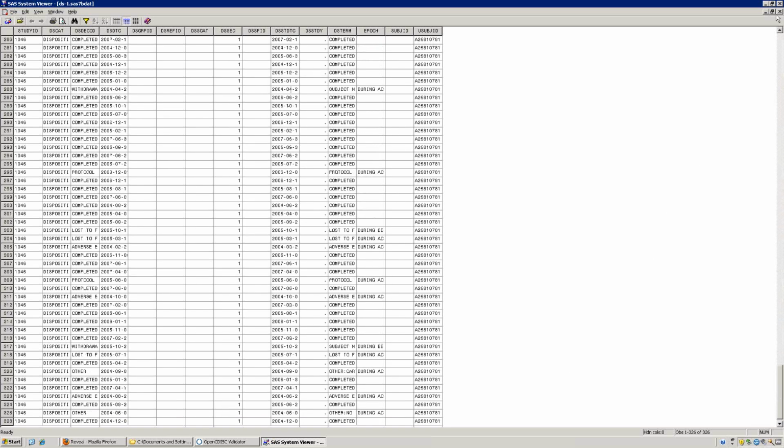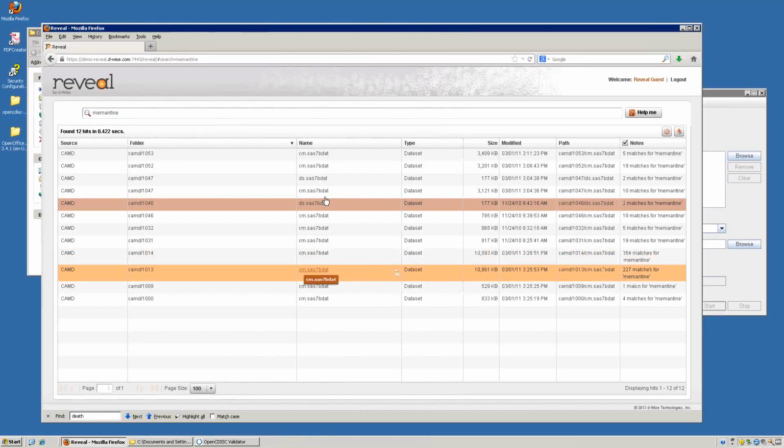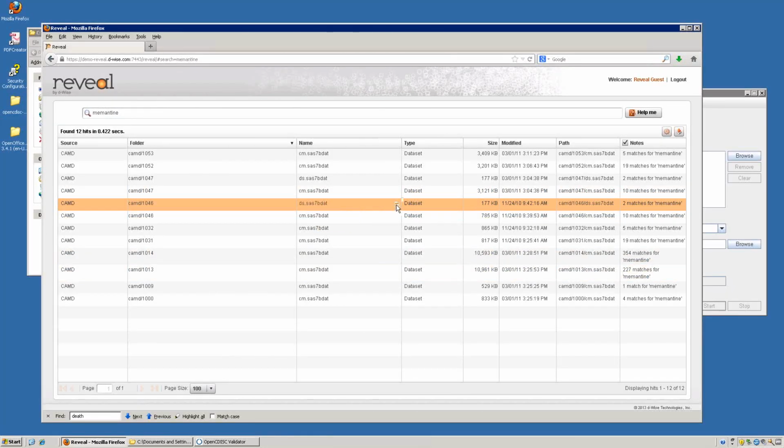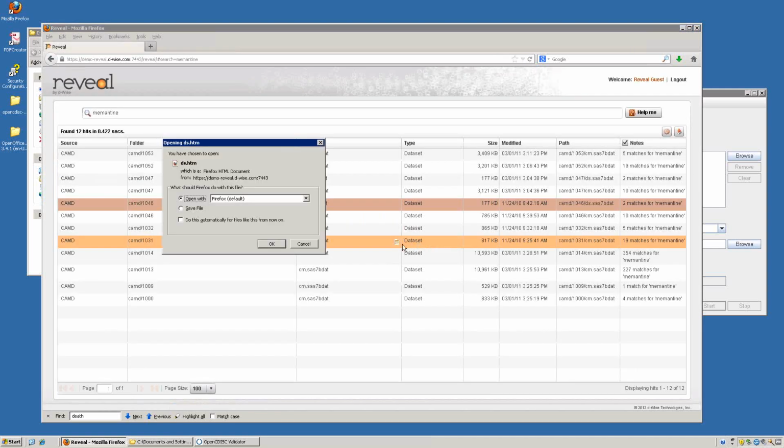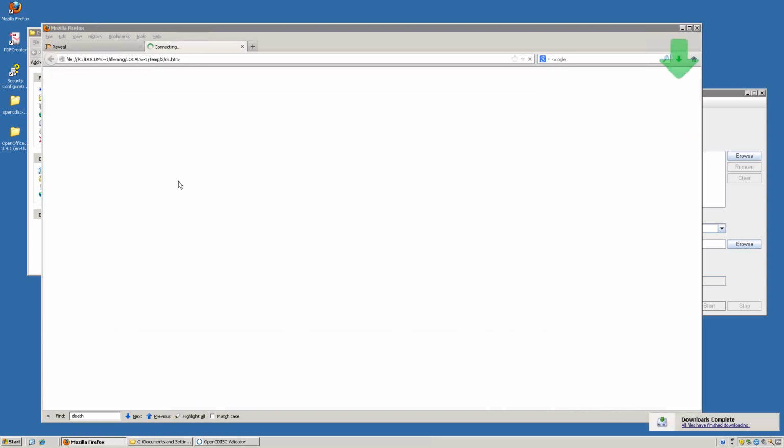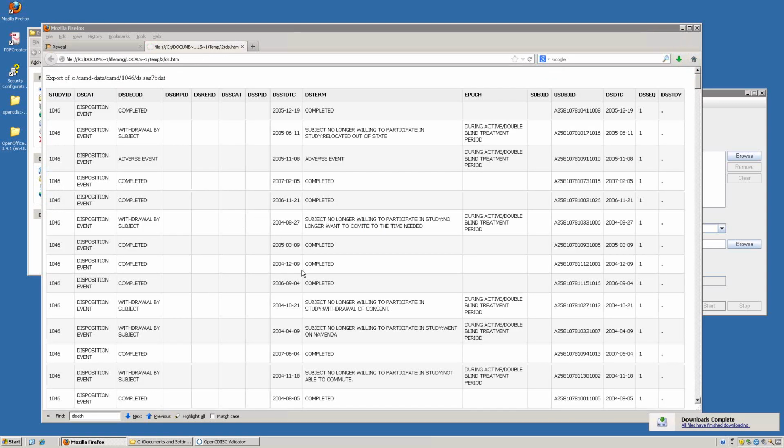This is SAS Viewer, but it's also possible that you can open this in other formats as well. So if I click on this icon here, I could actually open this in HTML, and what that would do is open it right in the browser. It's not exactly the sexiest formatting you'll ever see, but it's pretty nice if you want to just look at something really quick and then do a quick search for